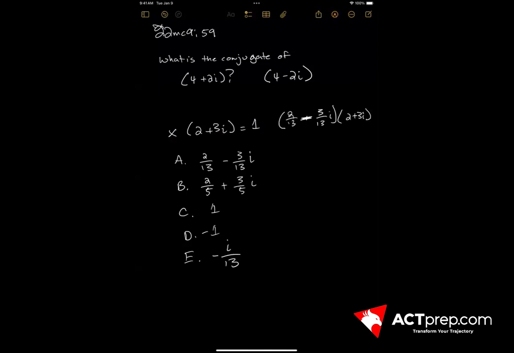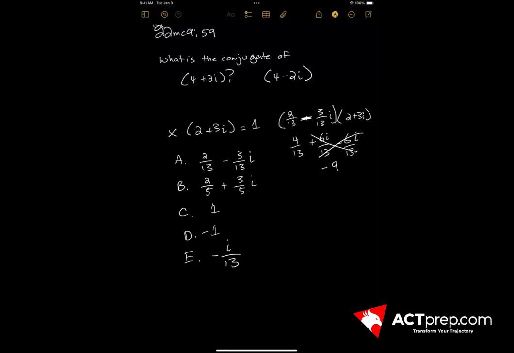When we multiply 2 over 13 times 2, we get 4 over 13. Then when we multiply it times 3i, we get 6i over 13. Then we multiply the negative 3 over 13i by 2 to get negative 6 over 13i, so it's going to be negative 6i over 13. These two are just going to cancel out. And then we do negative